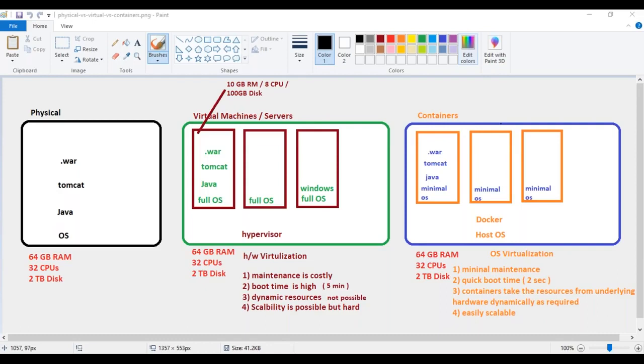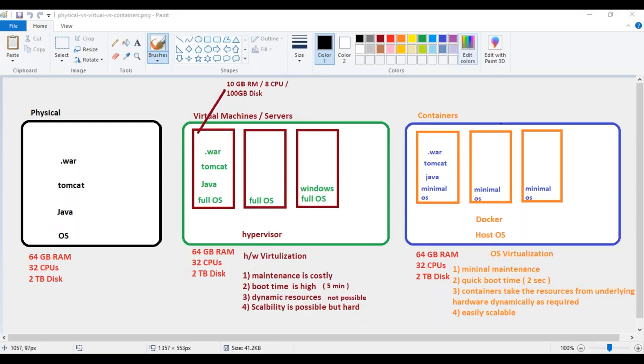In your virtual machines, we deploy a full operating system. We need to log into the operating system and then do the stuff. In your containers world, we use a minimal operating system. In fact, they are called operating system libraries, not a full-stack operating system. They are just the libraries that are required by your application, nothing else apart from that. What do we mean by required by the application only?